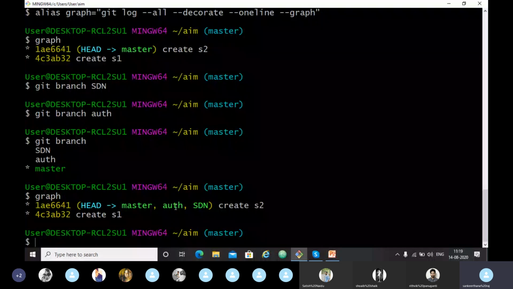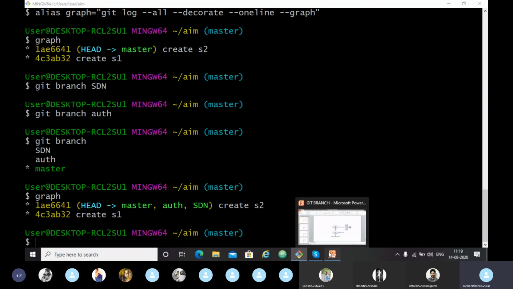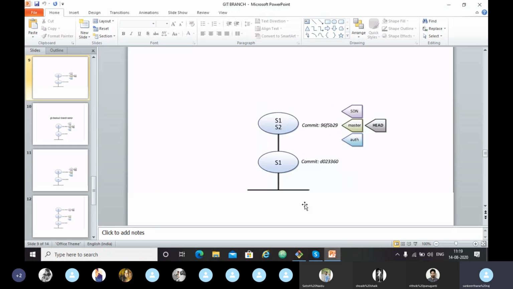Now let's check out our new branches. Before that, let's see the diagram. We have two branches here. To check out, we have the command git checkout.